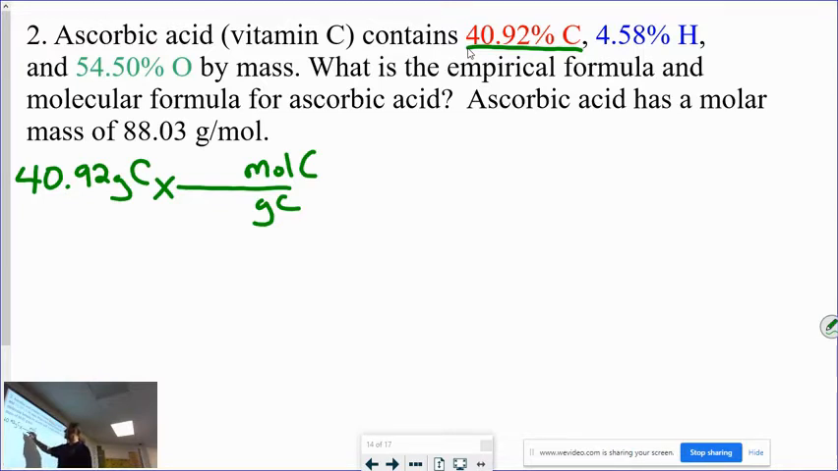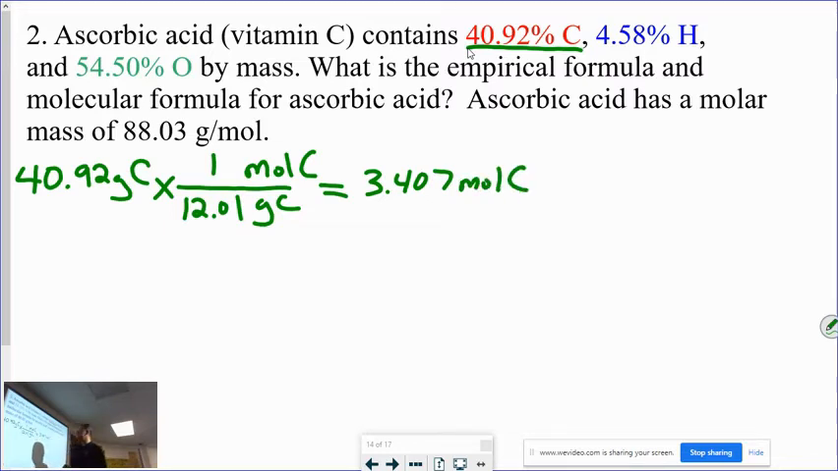The molar mass is 12.01 grams in 1 mole. I solve that, and I end up getting 3.407 moles of carbon. And that's with correct sig figs. This should all be in the upper left-hand part of this problem, trying to write as neat and as small as you possibly can. Then I do it with the next one,